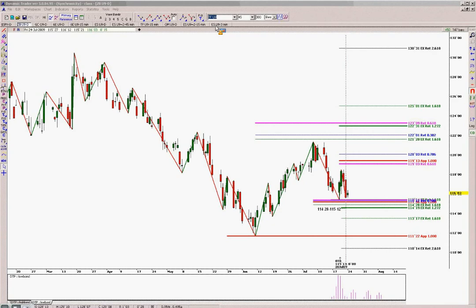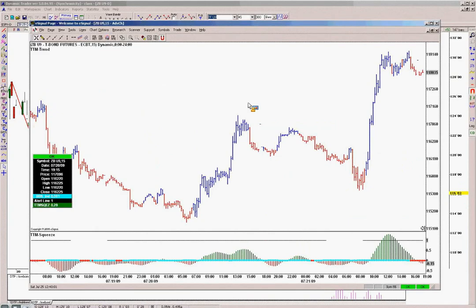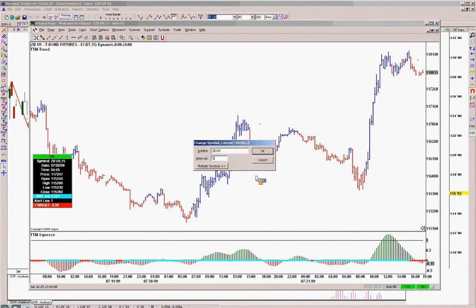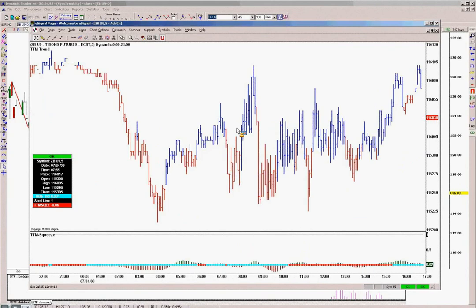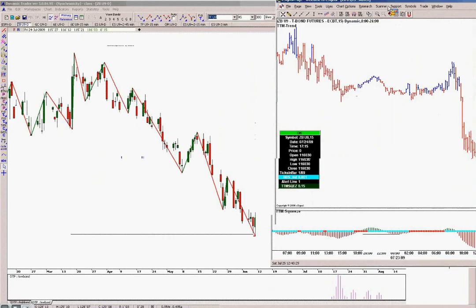Okay, one of the questions is, what's a tick chart and how can you find it on eSignal? As far as eSignal is concerned, I can show you here. Okay, you should be able to see my charts now. When you ask for a chart, normally if you're asking for a 5-minute chart, you would type in 5 and it gives you a 5-minute chart, right? So instead, you type in 889T, and that's a tick chart. And it switches it to tick charts. Okay. I'm going to go back to a 15-minute chart on that one because I'm going to go over one of the bond setups.